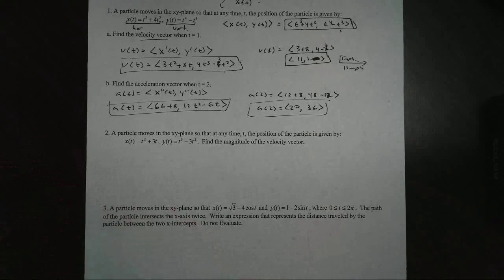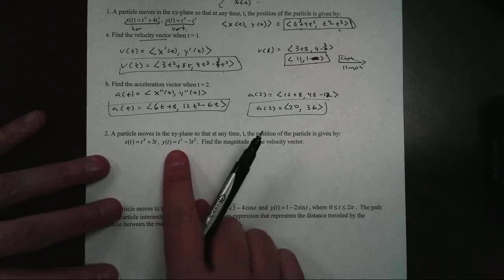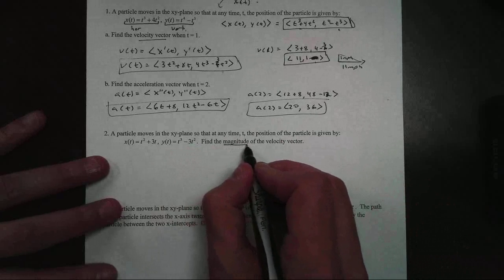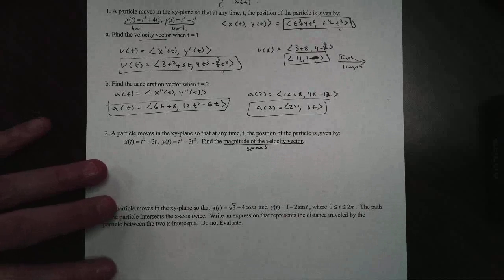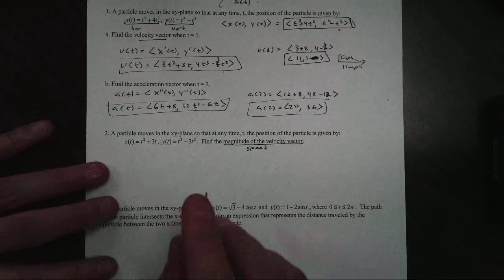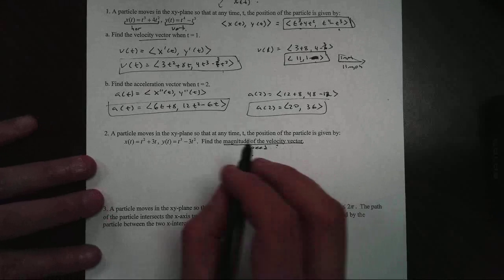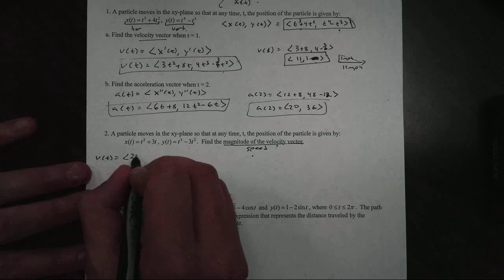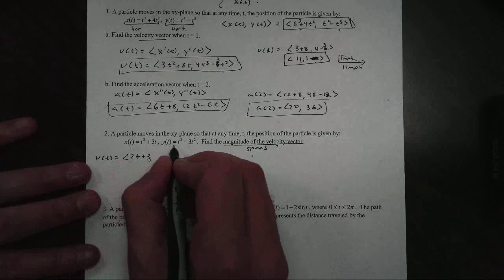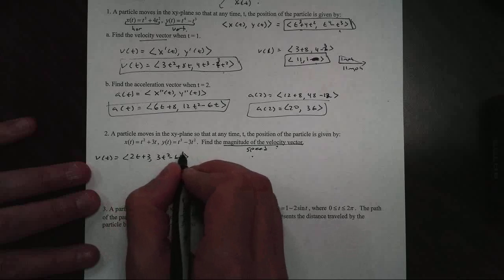Alright, so we have a particle that's moving along the xy plane, so here's its position vector. We want to find what we call the magnitude of the vector. This is like the actual speed of the particle itself. And that's getting to the actual speed, so we'll talk about that. So before we do that, we need our velocity vector. So to get my velocity vector, that becomes 2t plus 3, 3t squared minus 6t, and